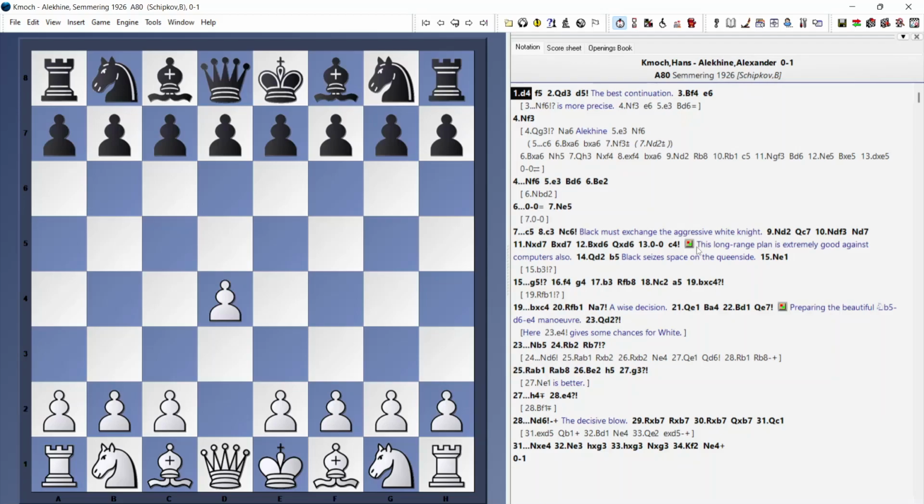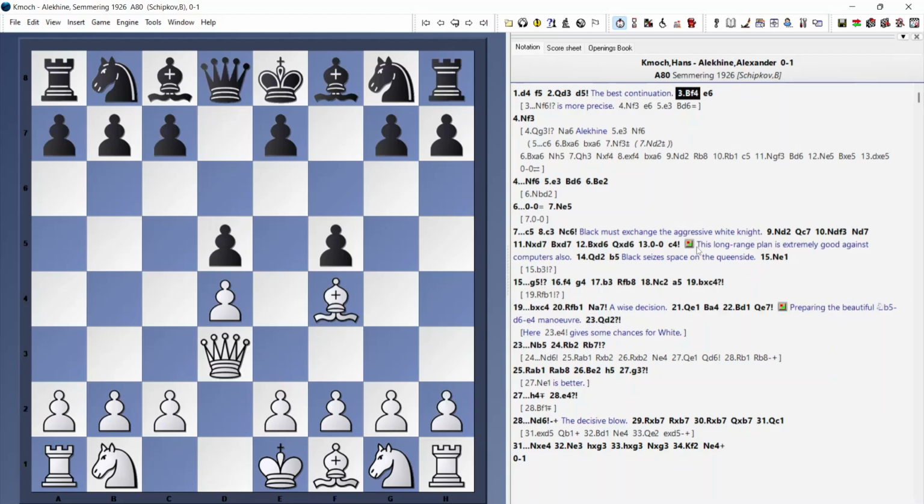I think I analyzed this game before on my channel already. But this game was very inspirational for me. I played the Dutch a lot when I was younger and used to run into a lot of anti-Dutch systems. And I remember seeing this game and I was inspired. Queen d3, d5 by Alekhine, bishop f4,